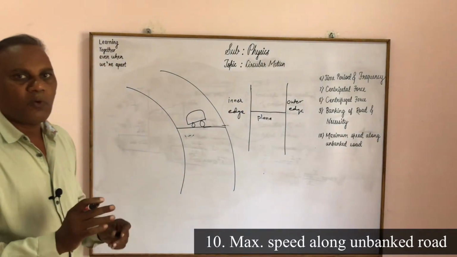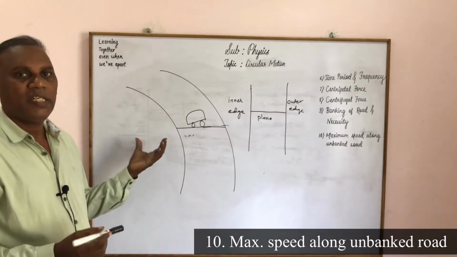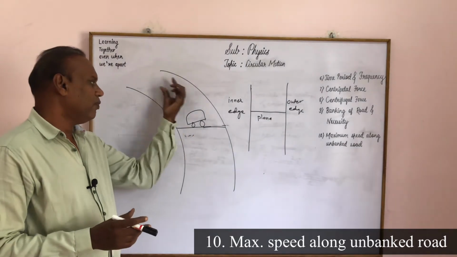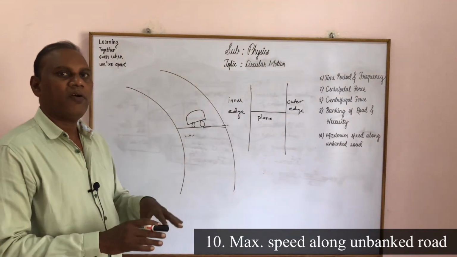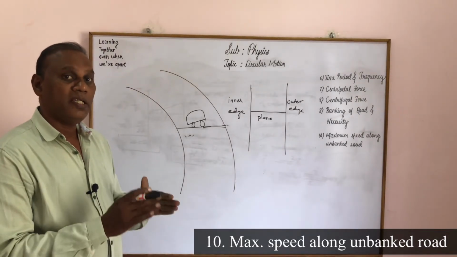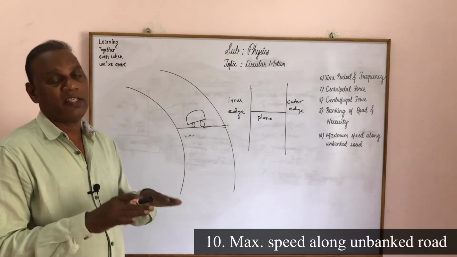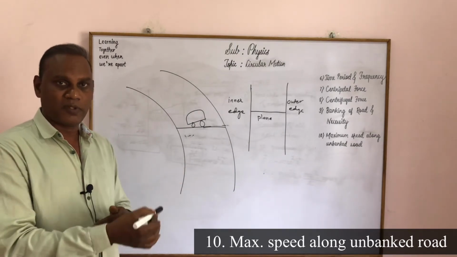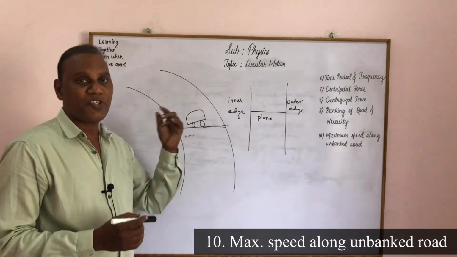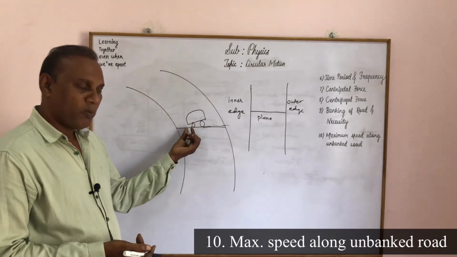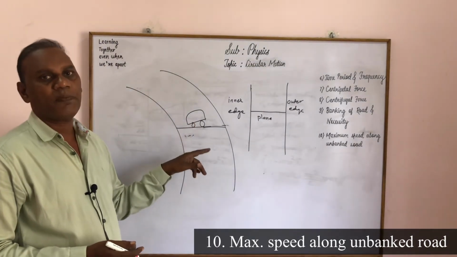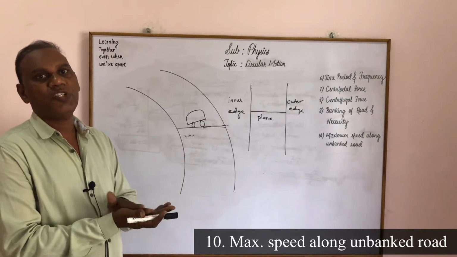So the necessary force for a circular motion is a centripetal force. Consider a vehicle moving along a plane or horizontal curved road. For a circular motion, the necessary force or acceleration is a centripetal force. This centripetal force is provided by a frictional force. Frictional force means the tire and the road surface rub against each other and produce